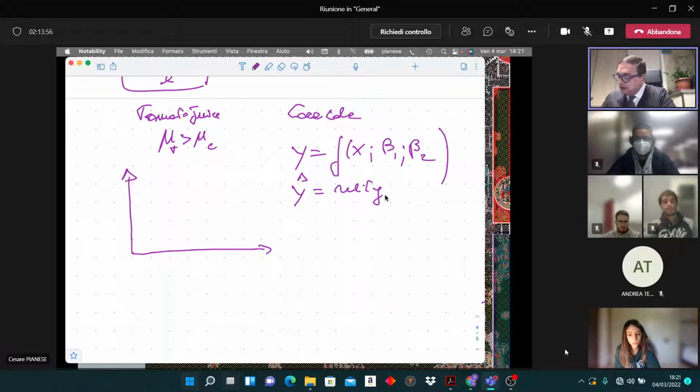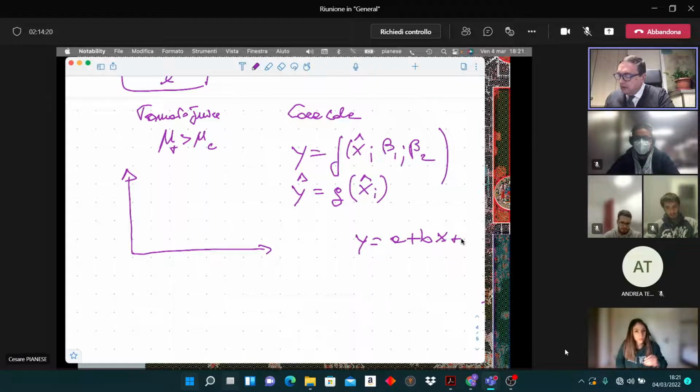Or, sorry, perhaps it is better to say g of x, y. And then this is the real measurement. So it means that, suppose that you have a relationship y is a plus b times x plus c x squared. If you put this in your computation